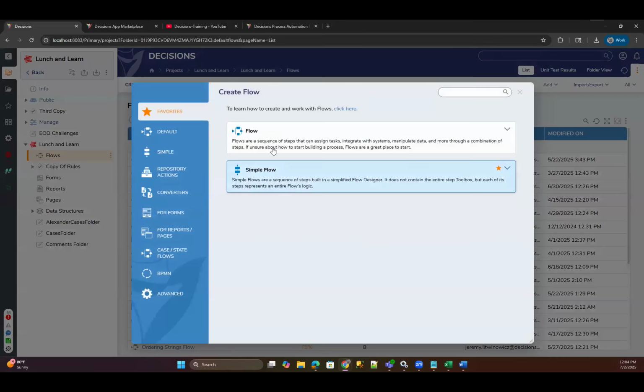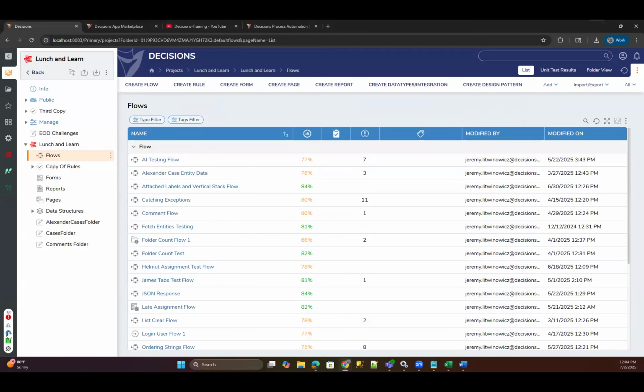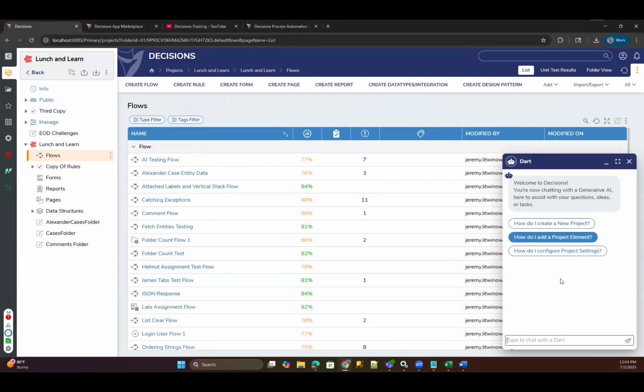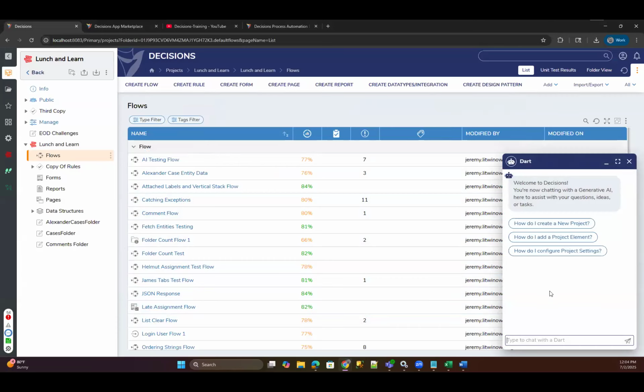Oh, and by the way, Dart seems to be down on your site. Oh, really? Yeah, because I asked that question there and it just sits there. Interesting. I don't get that either. I don't know if it's my connection. I'm in the Decisions site and I typed that in today and it just sat there and didn't do anything. Yeah, it seems to be working. Maybe it's just on your end. I don't know why that would be happening.